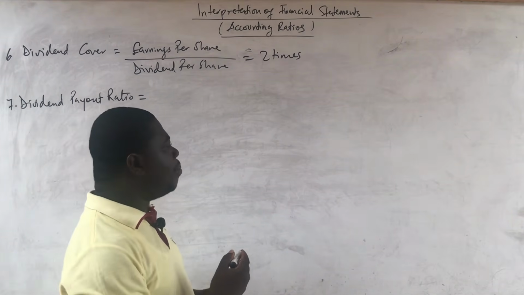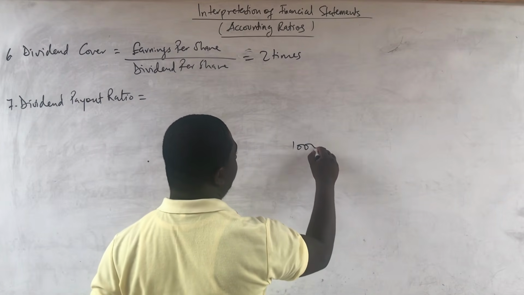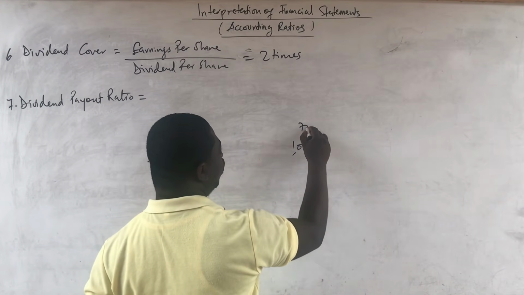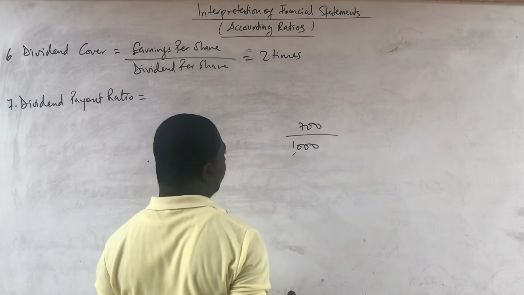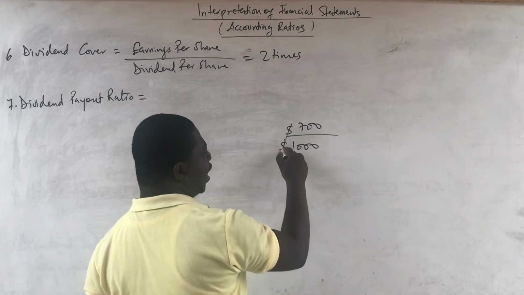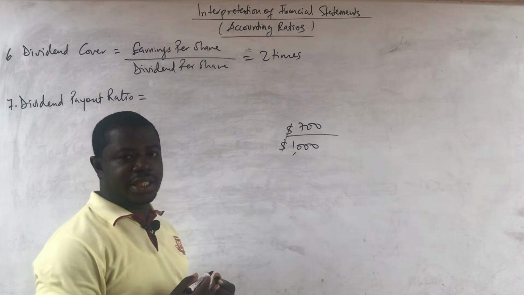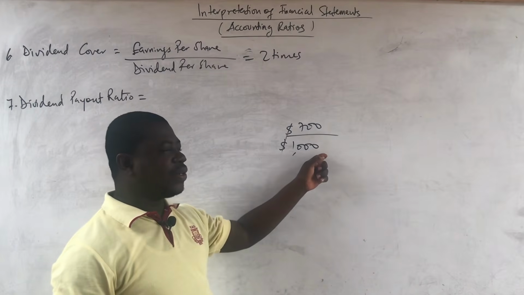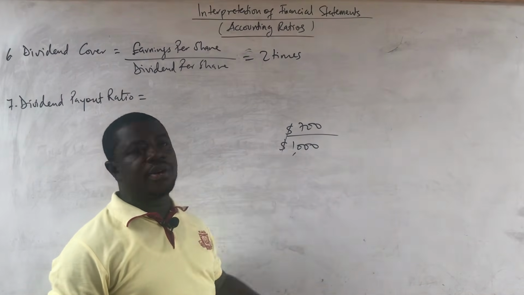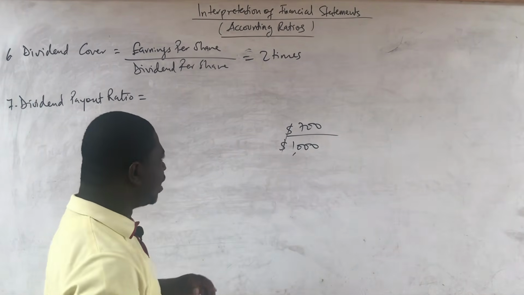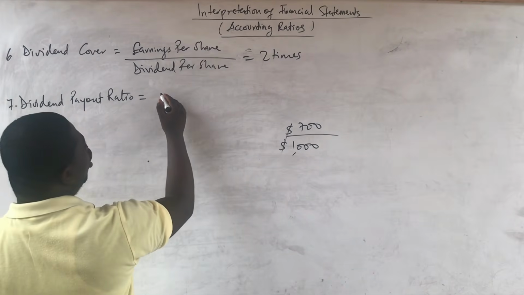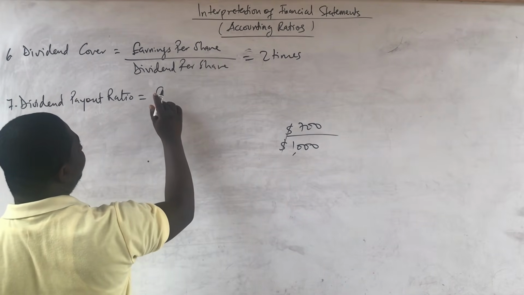So if I am making earnings of 1,000 and I am paying total dividend of 700, then of course, it means that my dividend payout ratio is 70%. It means that for every 1,000 that I earn, I pay out 700. So dividend payout ratio, you can say your